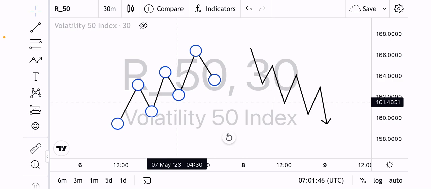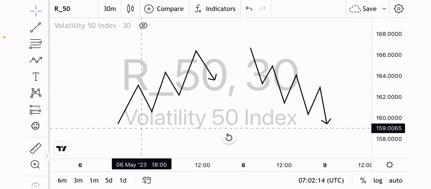That is why you really need to know what the characteristics of major liquidity are, so that you don't just take any low the market takes as a break of structure or a real change of character. Sometimes the market might take a particular low and then go back to where we have void areas, that is, where the market has not tested before.